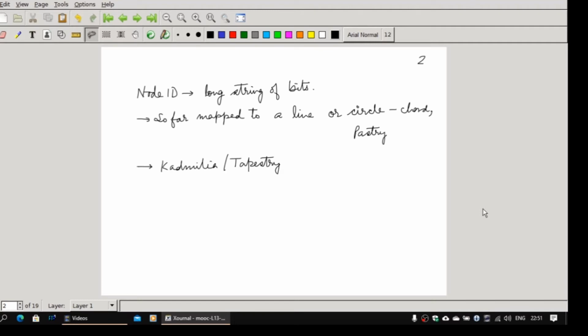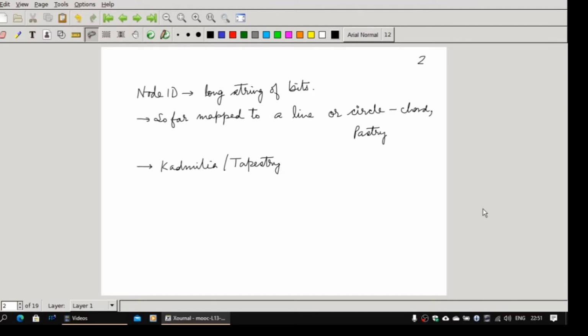So in Chord, for example, it will be a unidirectional movement which is permitted. So in the direction in which the node IDs are increasing, whichever node is closest to the hash ID, that will become the root node. In case of Pastry, on that circle, whichever is closest in terms of numeric distance, or basically difference between the node ID and hash ID, that will become the root node.